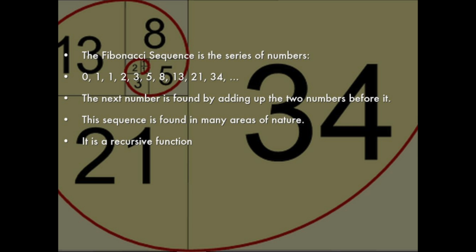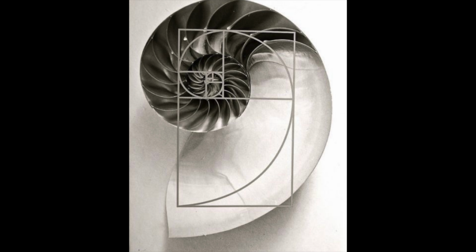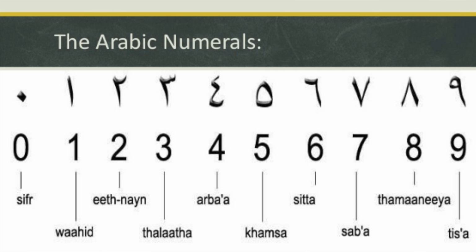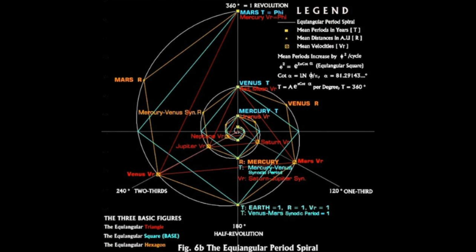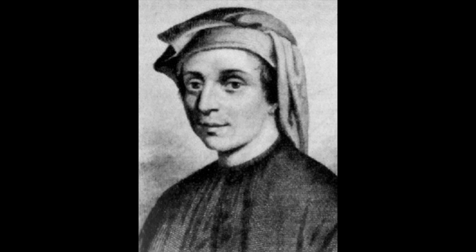He later created a complex series of numbers called the Fibonacci sequence that describes much of the repeating patterns that appear as beauty in nature. He did this by using mathematical terms. And oh, by the way, he was also the one that brought the Arabic numeral system to Europe. That's right. He advocated the use of the ancient simple forms we all use today, plus the introduction of the decimal point. So when you look at the concepts Fibonacci gave us, it's amazing. This guy was a genius. We'll discuss his approach in more detail in another video.